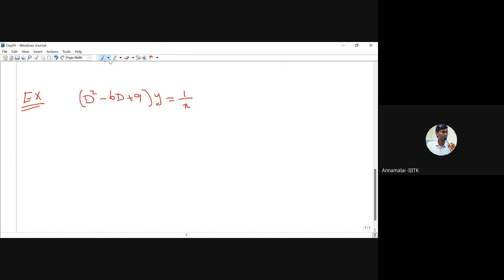Okay, now how to find the solution? First you have to find the auxiliary equation. So the auxiliary equation is m square minus 6m plus 9, which is nothing but (m minus 3) whole square equal to 0. Therefore the roots are m equal to 3, 3. It's repeated. Therefore, what is the complementary function? (c1 plus c2 x) times e power 3x. Multiplying e power 3x inside, we get c1 times e power 3x plus c2 times